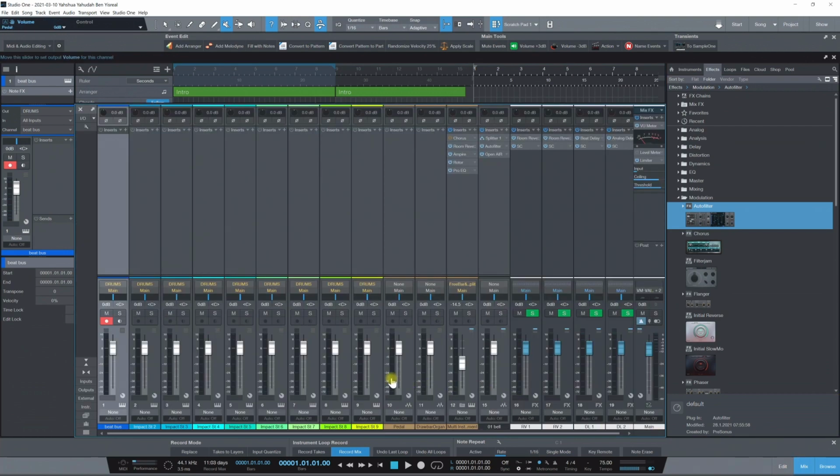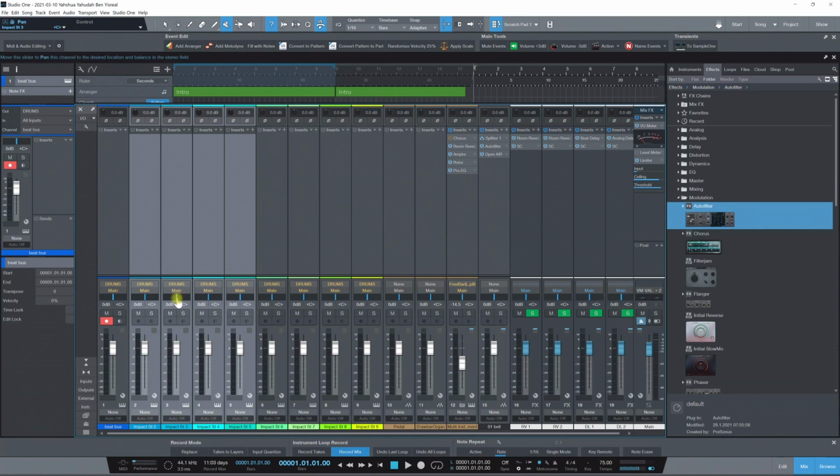Another thing that they added inside the DAW that Bitwig is pretty dope with. For example, let's say I got this track, this track, this track, this track, and I want to pan all these to the left. Once I select this, I could just move to the left and they all pan to the left. Now they all pan to the right, together. And you could do modulation like that, because before we couldn't do that. You had to go to each one and do it. So this is an add-on I like,